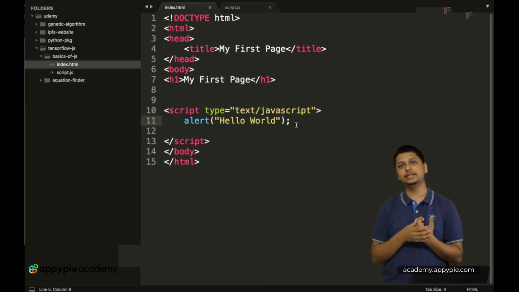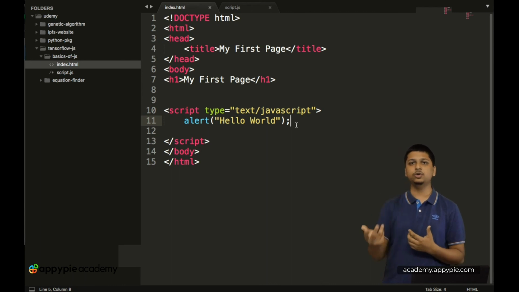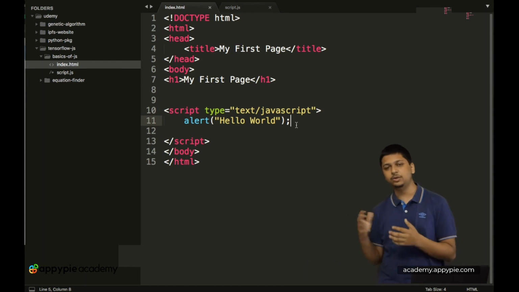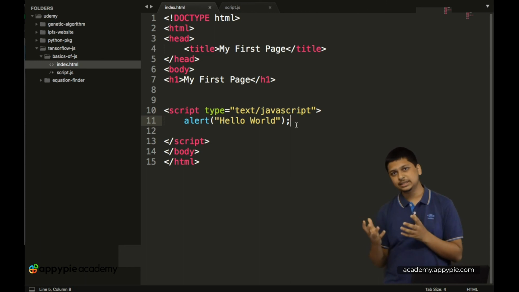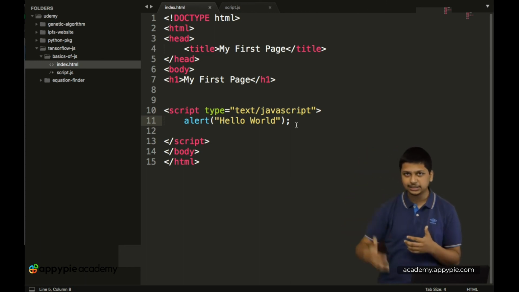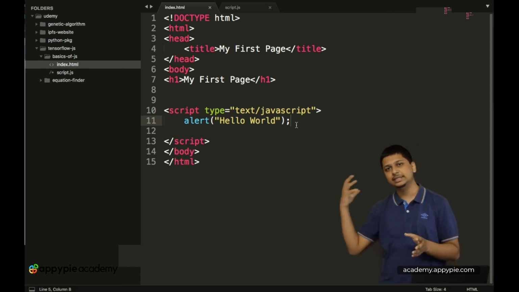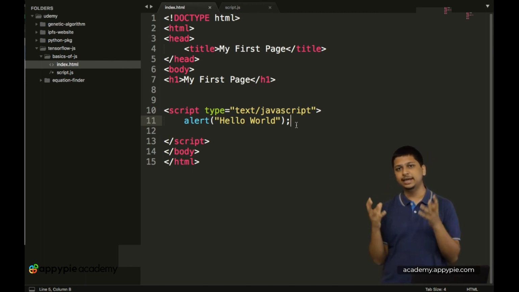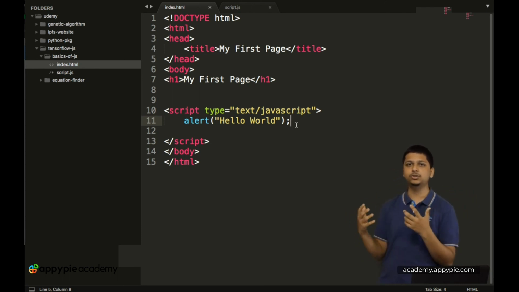Okay, so we are getting the same hello world alert again, and this is particularly important if you just have simple 1 or 2 lines of script required in your app. So then you don't need to create a completely new file, you can simply add it onto your HTML file. But if you want to have a large JavaScript file which has a whole lot of code added inside of it, then adding it onto a separate file is particularly important and even beneficial if you are using something like Git as a version control system, which can restore your file back to a particular state where it was.